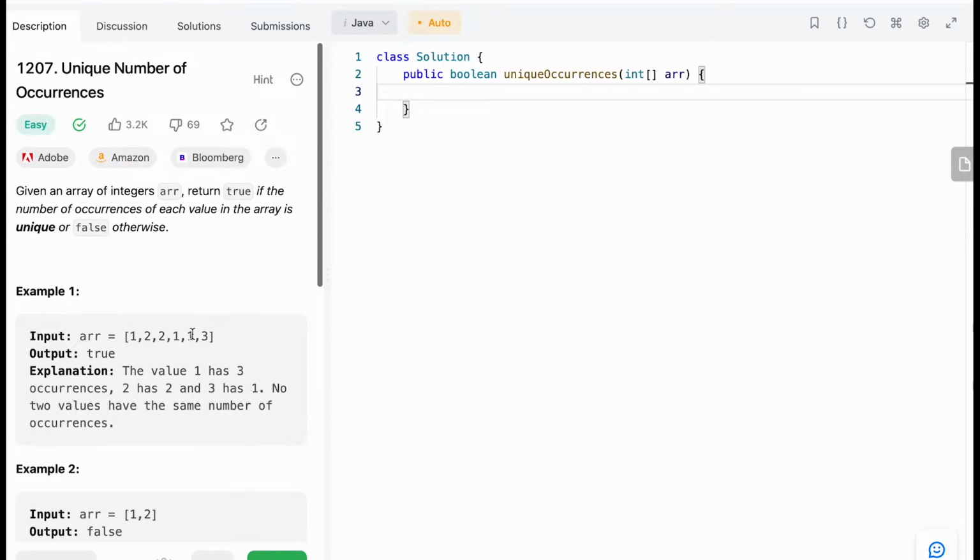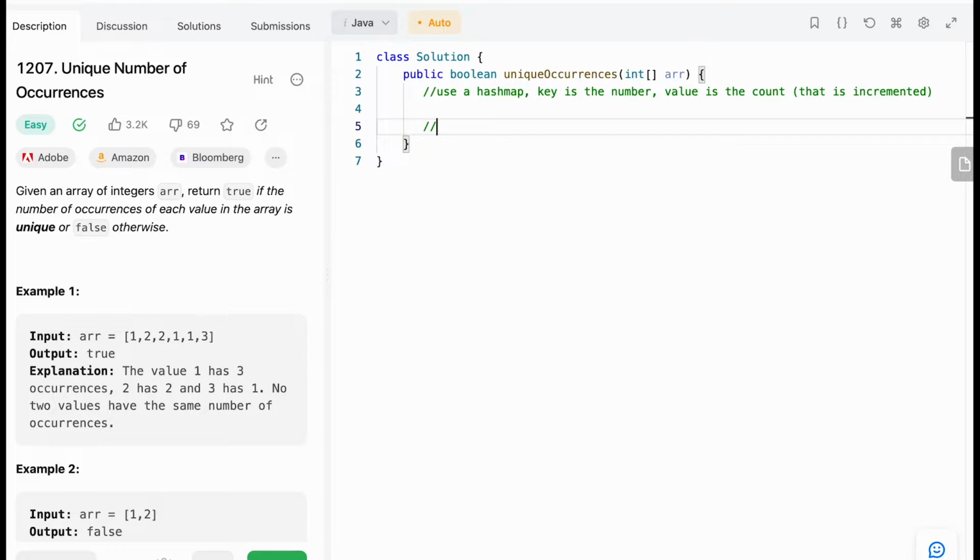So in order to solve this problem, we are definitely going to have to look through the entire array because we have to count them, and we have to keep track of the number of occurrences. So the easiest way to do that is to use a hash map. The key is the number that is in the array, and the value is the count that is incremented every time you see it. And then once we get through that, we iterate through the keys in the hash map,